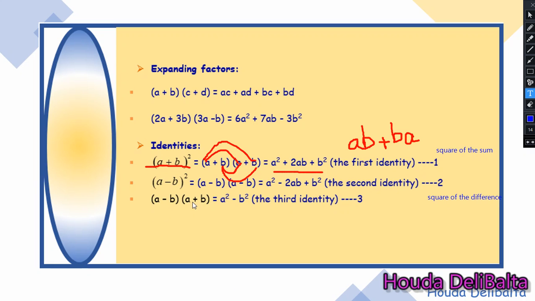(a minus b) into (a plus b). As you notice, you have the same terms, but in the first factor there is a minus sign between them. In the second factor there is a plus sign between them. Then if I start expanding like I taught you,